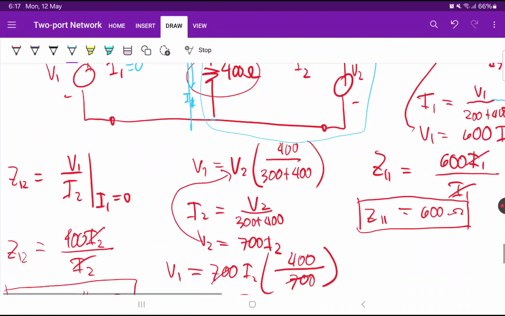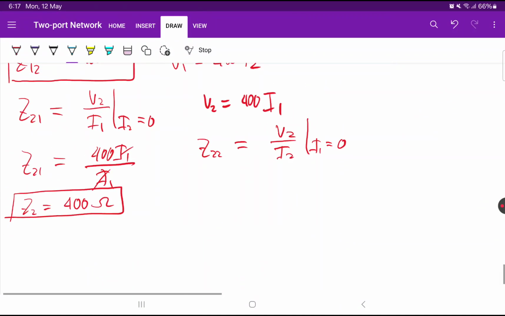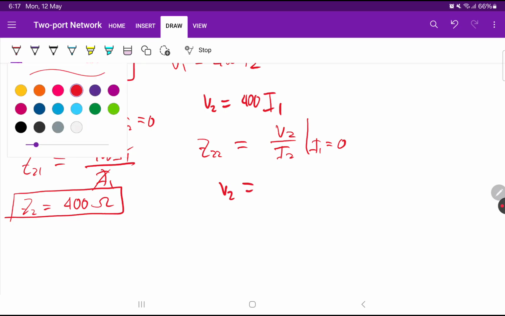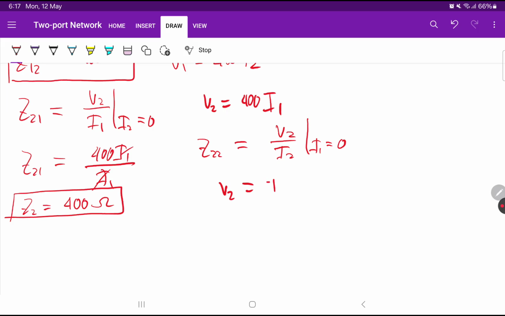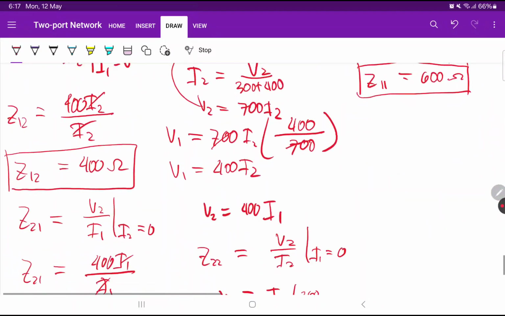The current is I2 and the voltage is V2. So therefore, V2 is just equal to the current, which is I2, multiplied by the total impedance, which is 300 plus 400,